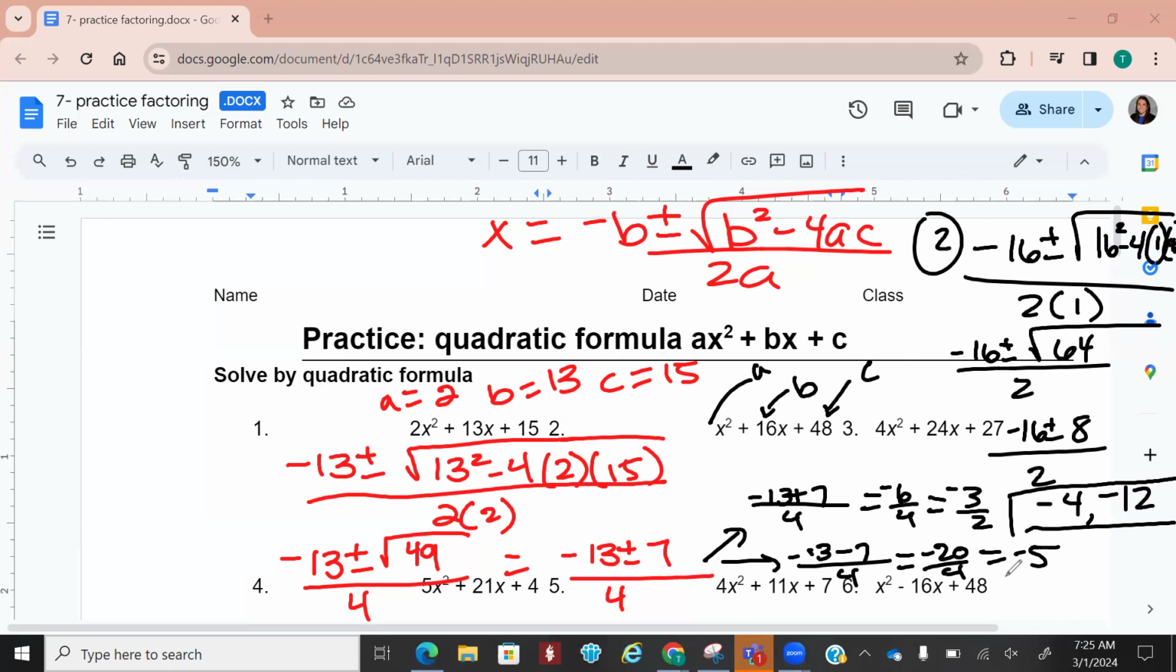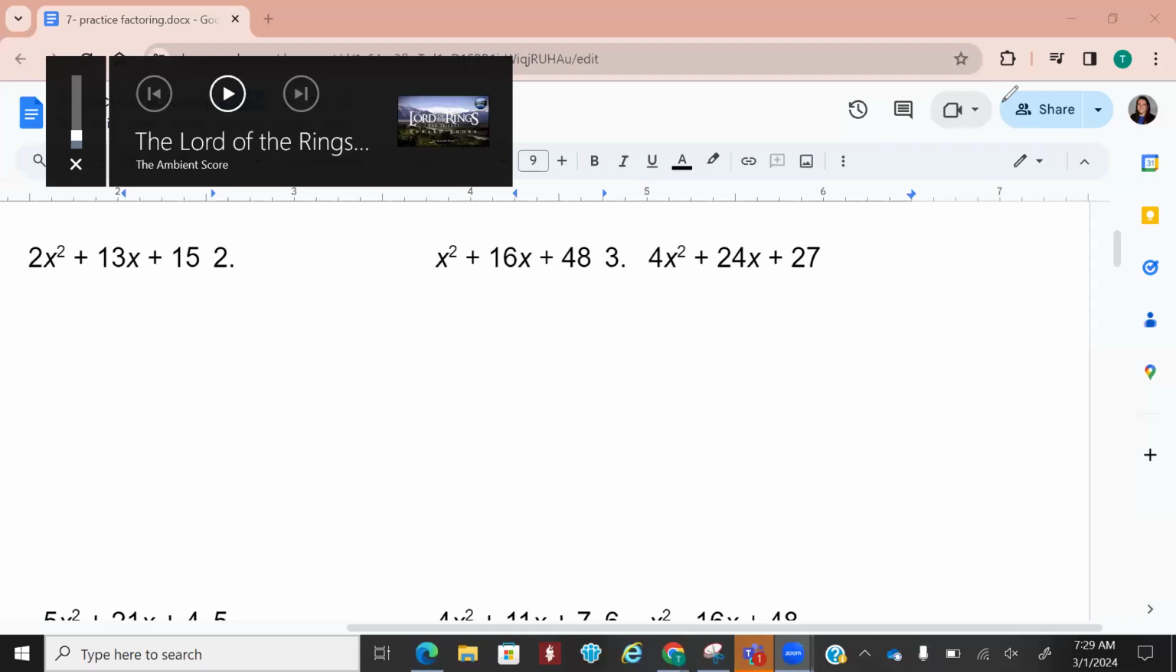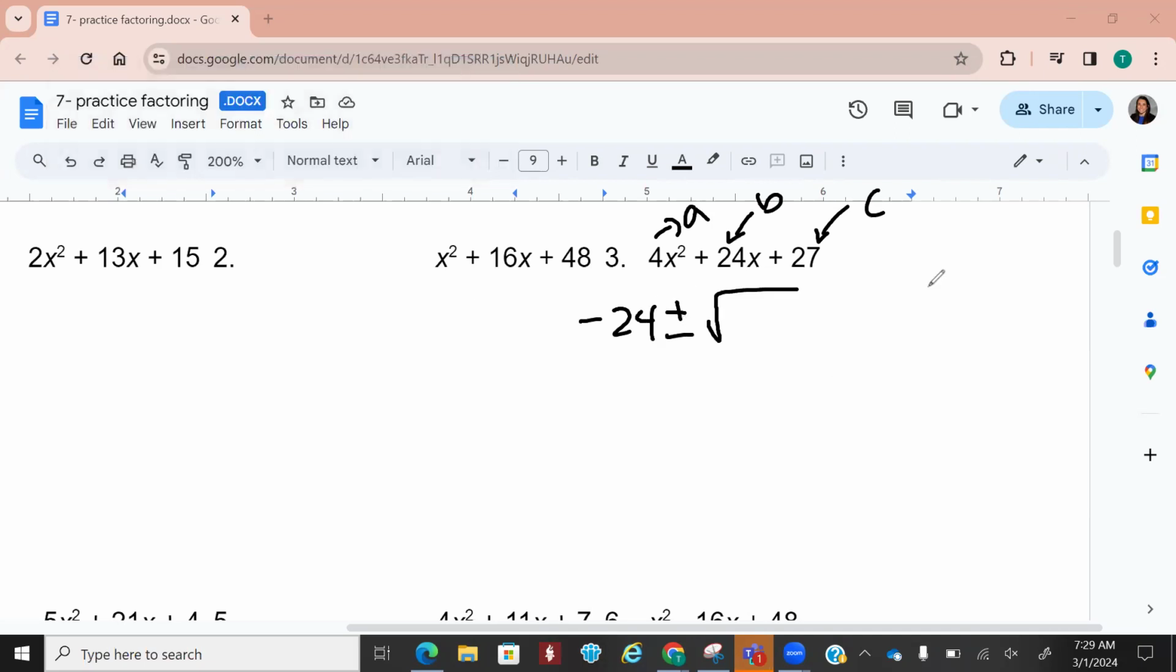Okay, I'm seeing a lot of writing. So did we try 3 yet or no? Okay, try 3. So if I have number 3, that's going to be A is 4, B is 24, and C is 27. Now we're going to plug in. So negative 24 plus or minus the square root of B squared, which is 24 squared, minus 4 times 4 times 27, all